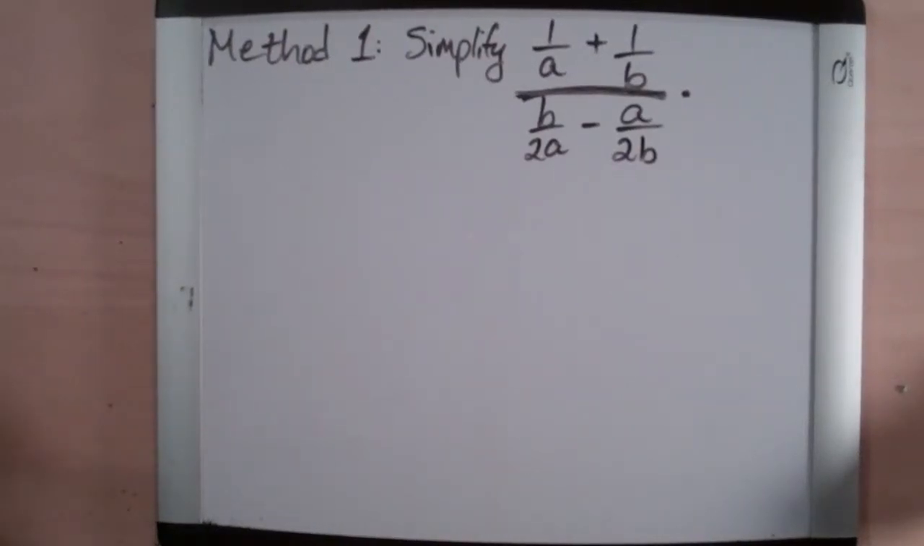Alright, so now we're getting ready to look at a more complicated complex fraction. I'm going to show you method 1 first, and then I'll show you a method 2. Our instructions are to simplify 1 over a plus 1 over b divided by b over 2a minus a over